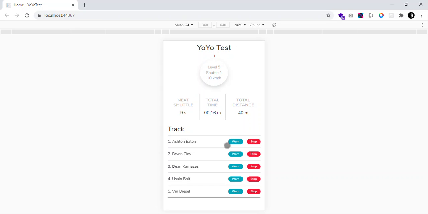So in case of any warning, we can click the warn button for a particular athlete, like this. So it will enter a warning against this particular athlete. So for tracking purposes, if this athlete has stopped running, then we can hit the stop button to stop his progress. Okay,